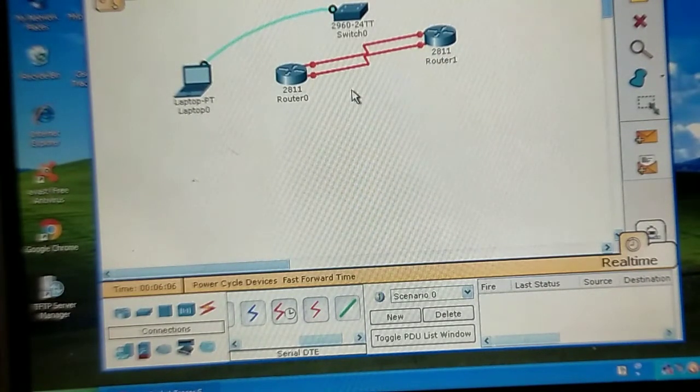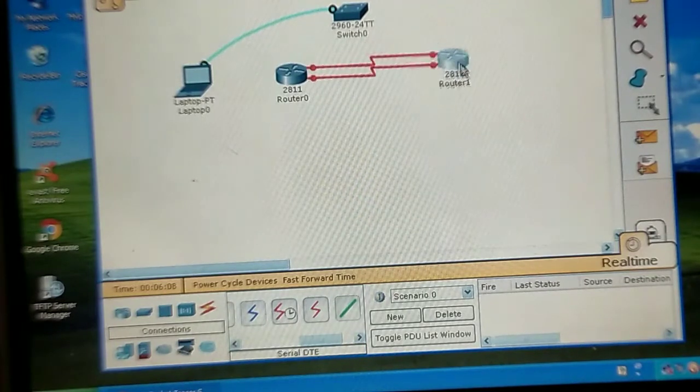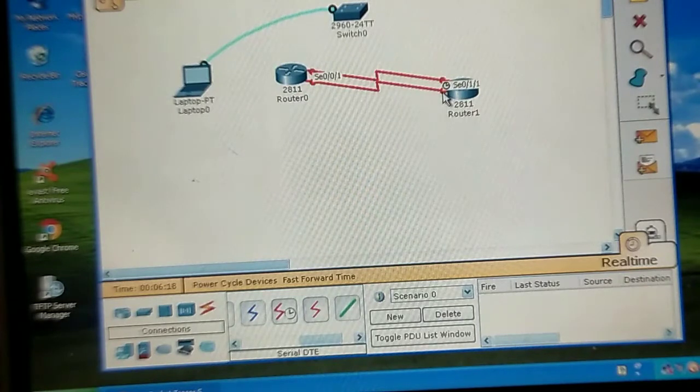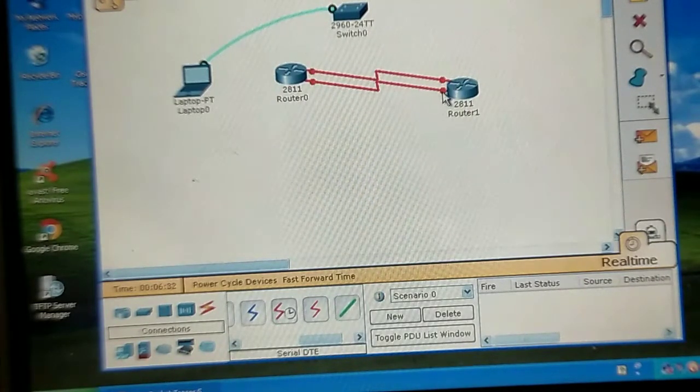Basically these are synchronous serial connections, so the clock is produced at the DCE interface, because DCE is data communication equipment and DTE is data terminal equipment. So the DCE port is equipped with the clock for synchronization purposes, while the DTE port isn't.